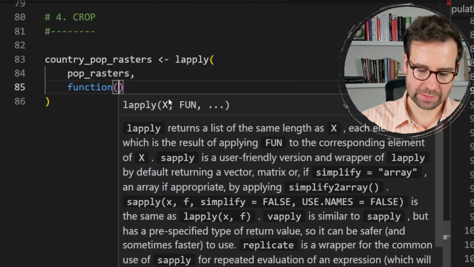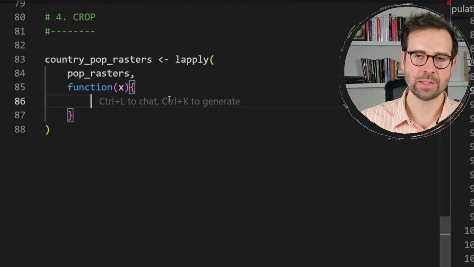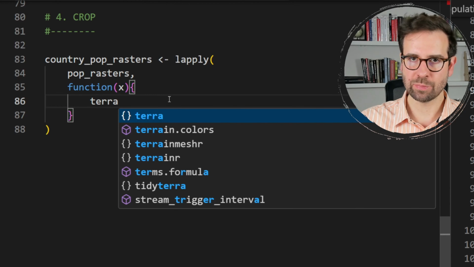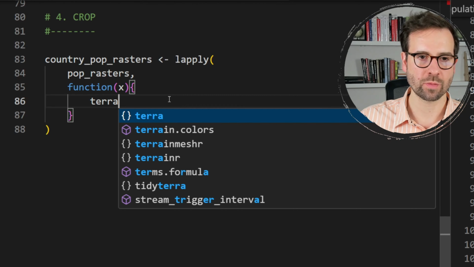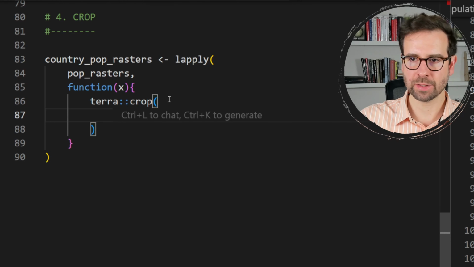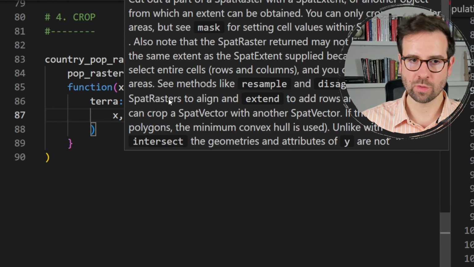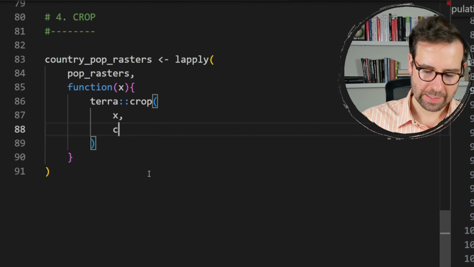This function is going to do what we just said. It's going to clip those global raster files to the extent of Romania. So for that, we need to use terra crop. And then within terra crop, there are several things. First of all is this element of the function, that's X that we're going to pass to it. In our case, that's pop rasters. The second one is that country